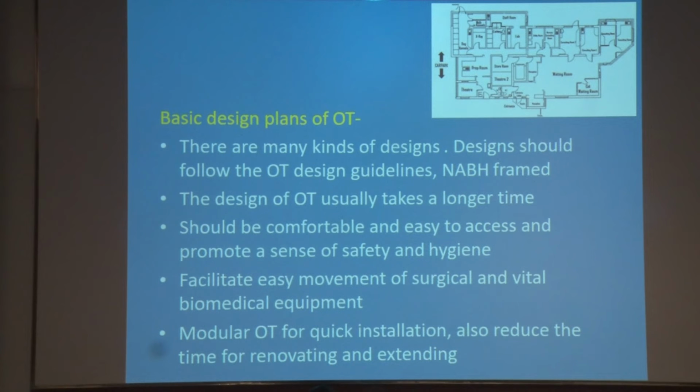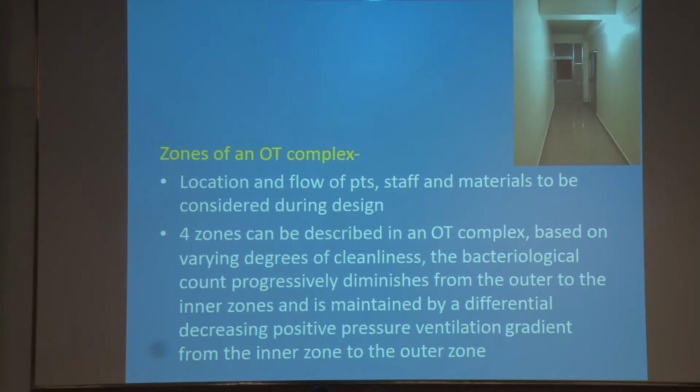There are many kinds of designs, which can be had from an architect, or modified from an internet design, or we can follow some of the NABS guidelines also. It takes a longer time, and however, we have to remember that the OT should be in a part where there is less movement of personnel. There are different zones described in the OT complex. There are basically 4 zones. It should facilitate location and flow of the patient, staff, and materials, and also the disposables should be